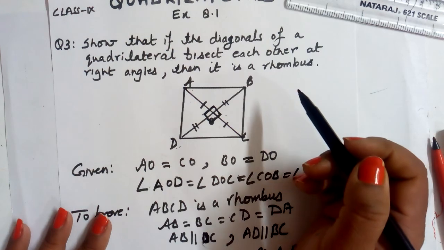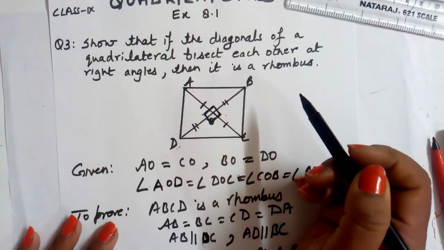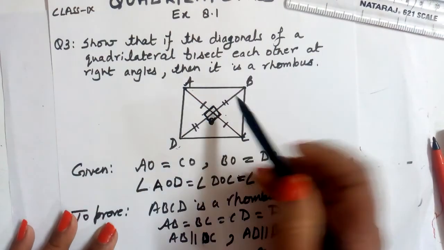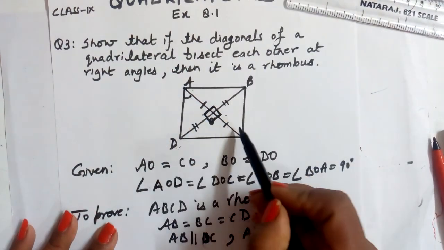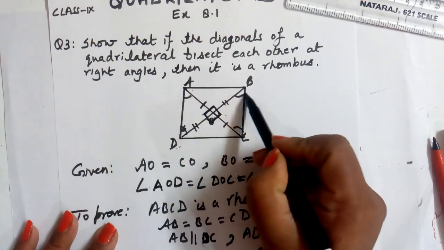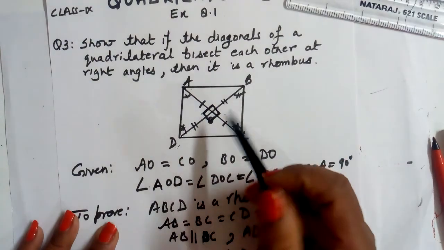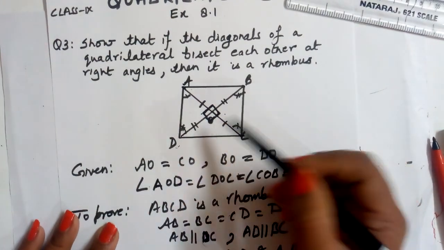When two triangles are congruent, then their corresponding parts must be equal to each other. So AD is equal to BC, and this angle will equal this angle. Yes, and this angle will equal this angle. Okay, so first of all let me explain these things we are going to write by CPCT.